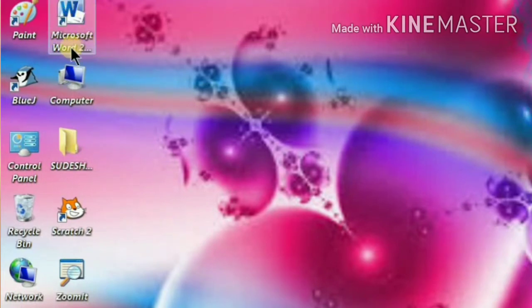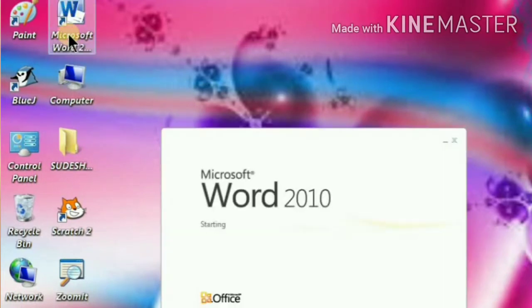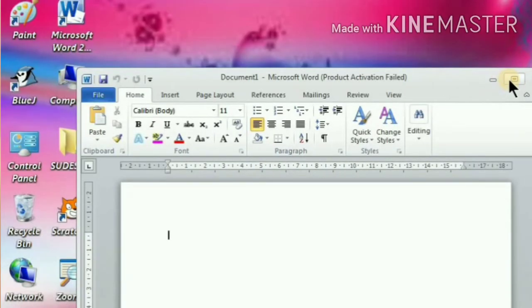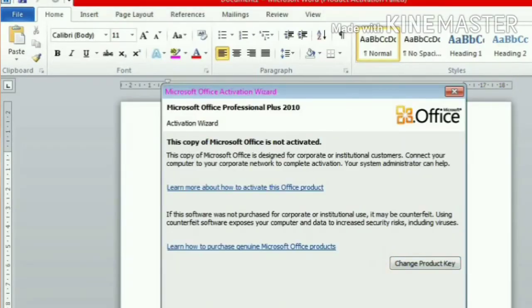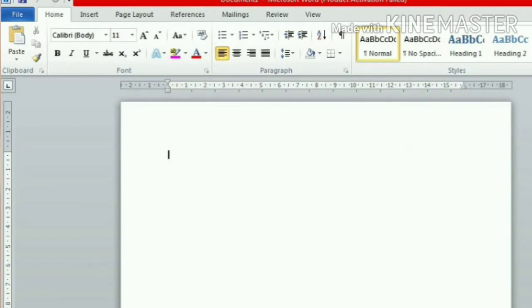So double click on this icon. See, the Word window again opens with the blank page. Now type the text on the blank page. The text is typed, your file is created.